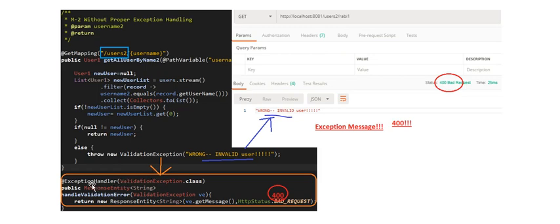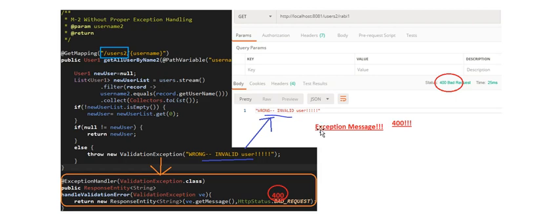In the @ExceptionHandler, I am using ValidationException.class, and here using ResponseEntity, we put that message and the status code as 400, and here we can see the status code is also 400, as well as we can see the